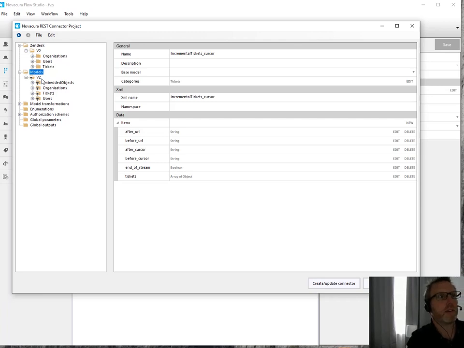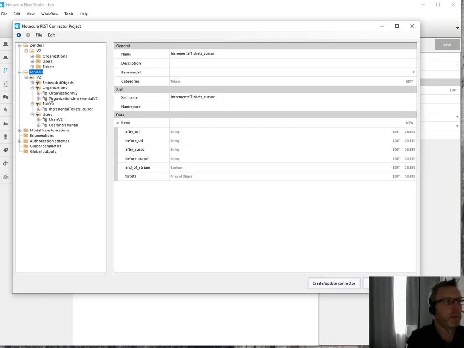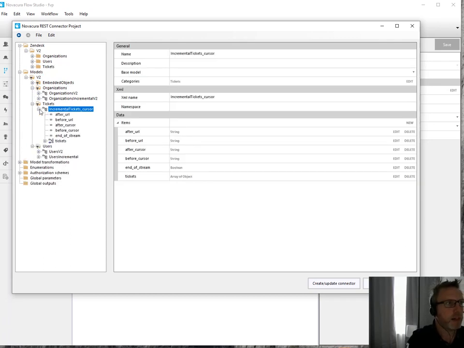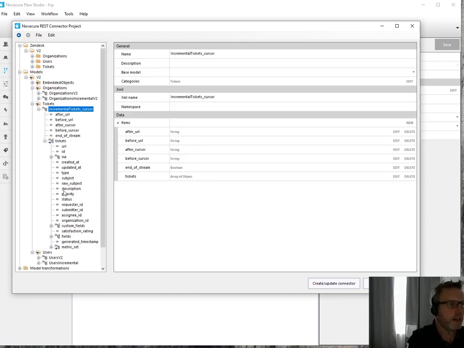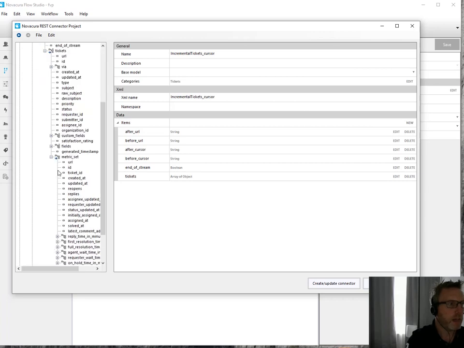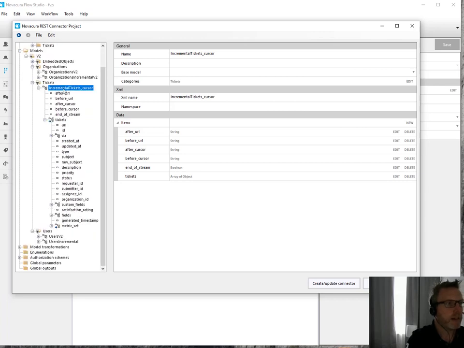This is not your version, it's the APIs. So if we get to version 3, we can put that in there. Then I have the ticket, the users, and the organization. These are my base calls. And what I've been doing here as well, if I expand this, tickets, remember how we, for instance, had our custom fields in here, or our metric set we added. What I actually did here is